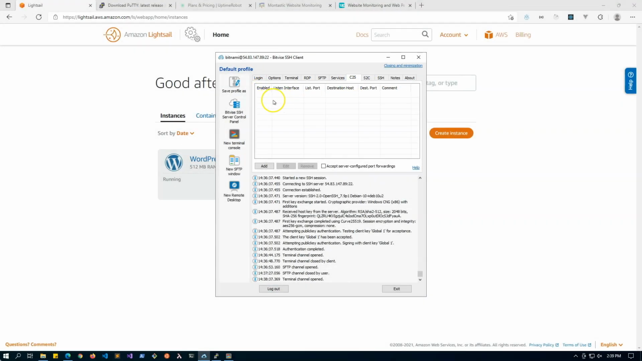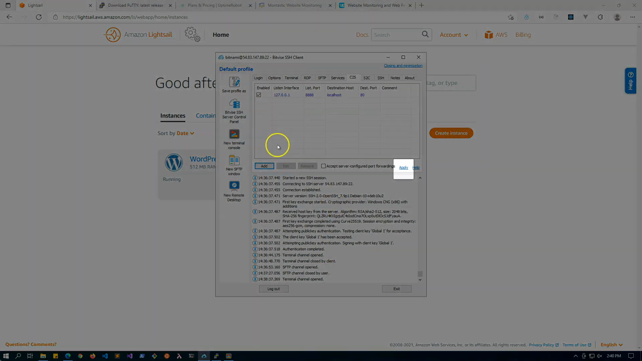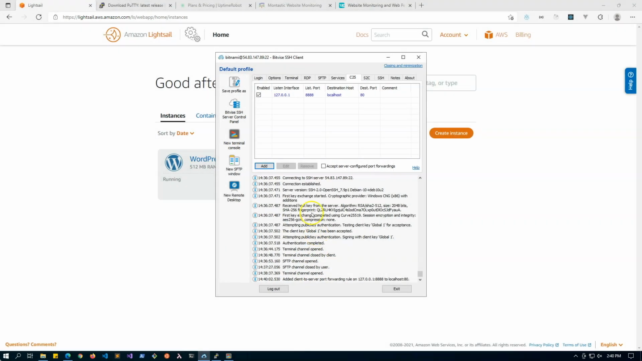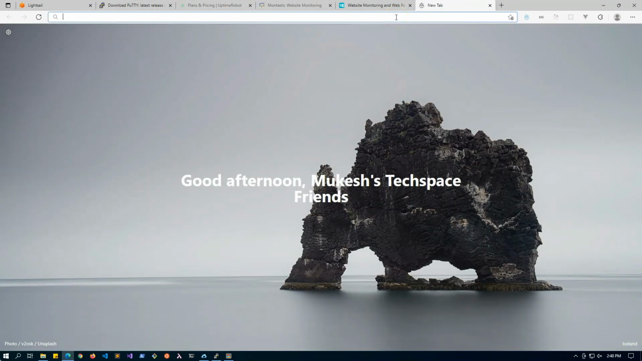Right here, you'll click on add, and then we'll leave this the same. The listen port should be 8888. Destination, you can keep localhost, and then the destination port will be 80. So this is the configuration that you need to have enabled for this profile. And so that's applied. Now, if we go to our browser, open a new tab here, we can go to